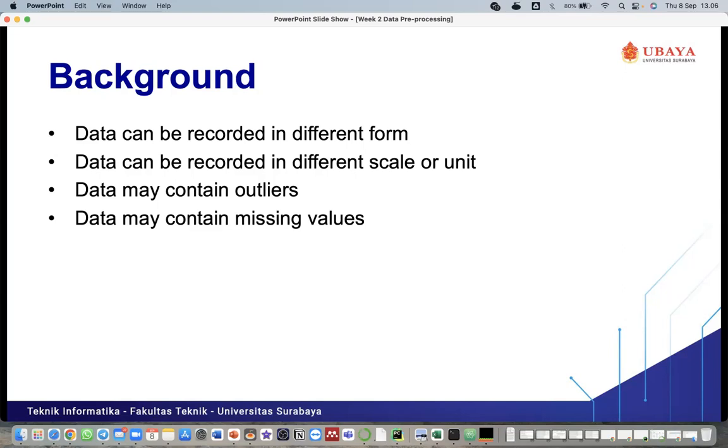Not zero values but null values. So in the database, maybe there are some attributes that have no values. So we need to remove the missing values first, before we use the data.